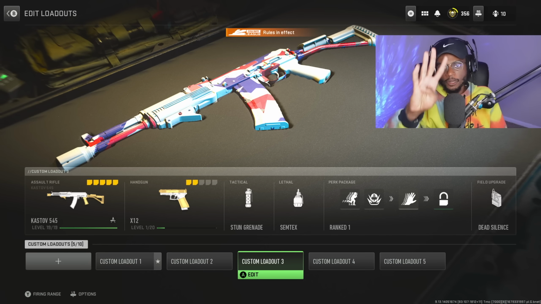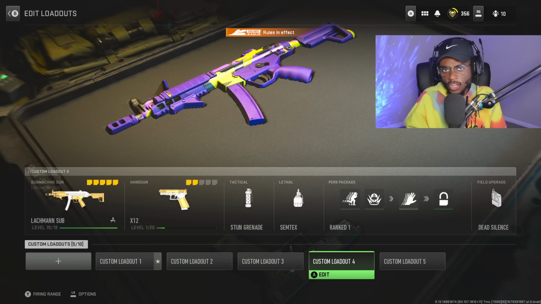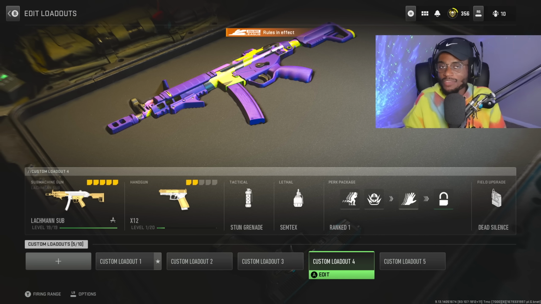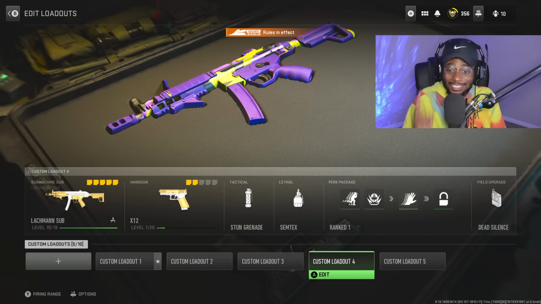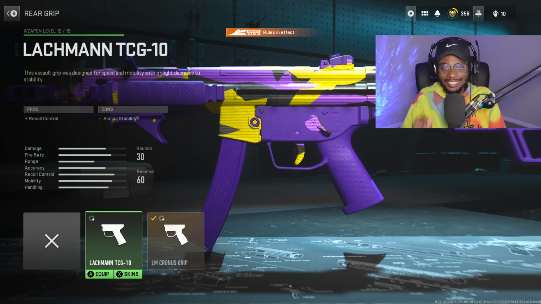For setup number 4, we're taking a look at the LACHMANN sub here. I still enjoy the LACHMANN sub. The Vel 46 is a rising star, and the VAZNEV 9K, well, it's the VAZNEV 9K, but don't sleep on this submachine gun. Now for the first attachment, we are going to actually rock the Cronus grip instead of the